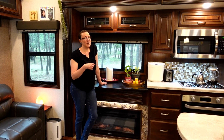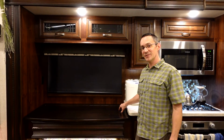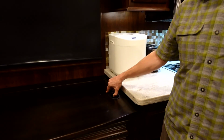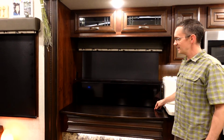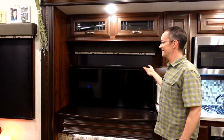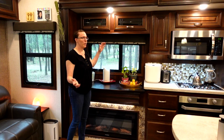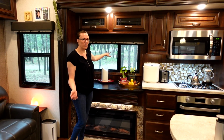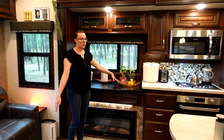The other nice thing about this unit is the TV is on a lift. There's a lever right here to lift the TV. And up it goes. It's a 50-inch TV. Sometimes it needs a little help. And there we have it. When we don't watch TV, we have this extra window, extra natural light, and this whole space for anything, decorations,